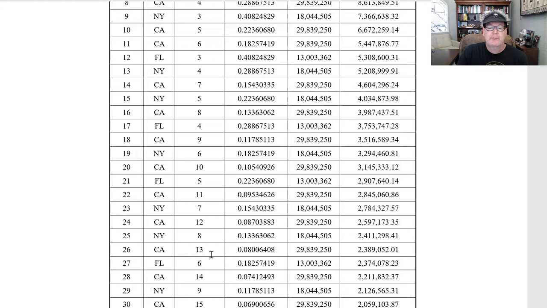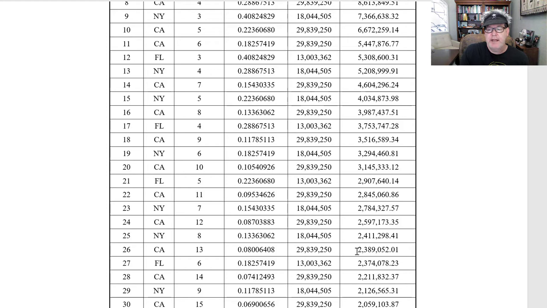Where are we? There's 26 for California, 27 for Florida, and a few more seats, but I won't do it. But so you just go in order of priority. One thing I wanted to stop at 26 for, that's a nice value. If you look at the priority to give out that 26th seat,